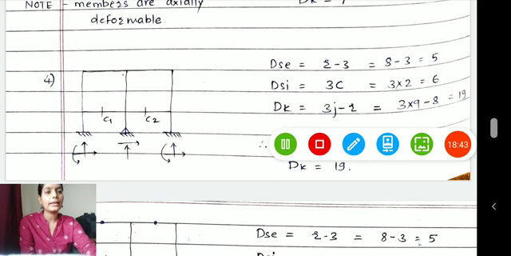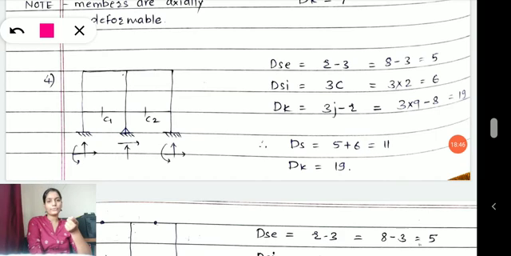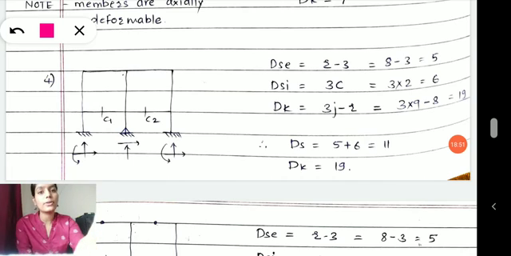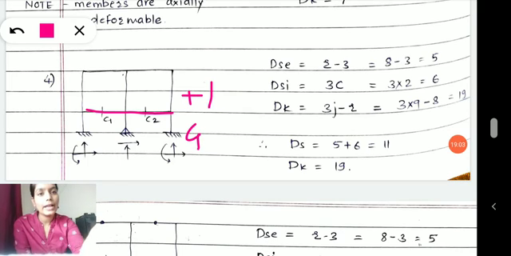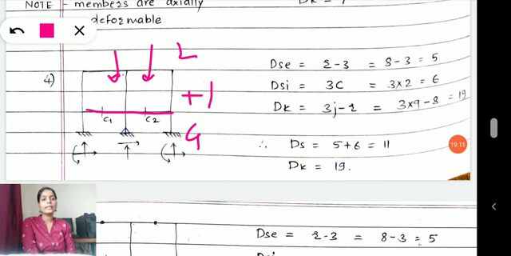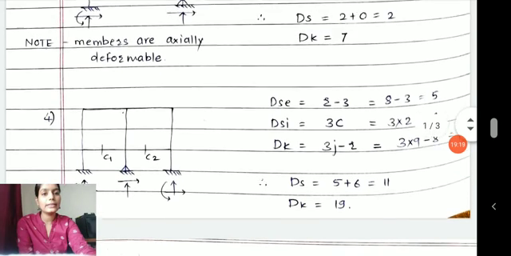Now in this problem again we have a frame structure with us. Now this frame has 2 bays, and also it has horizontal members provided. We have a G plus 1 story frame here, ground plus 1 story, with 2 bays. 2 bays means bay number 1, bay number 2, right? Now for this, if I solve my structure, DSE I need to calculate first. So how will I calculate DSE?